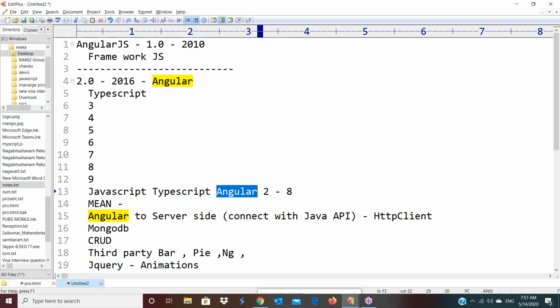Everyone clear? Now tell me, what is Angular? Is it a framework of JavaScript or TypeScript? TypeScript. Very good. So by using Angular and AngularJS, we can write the client